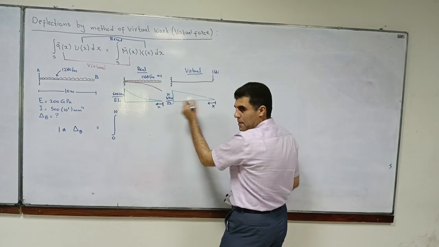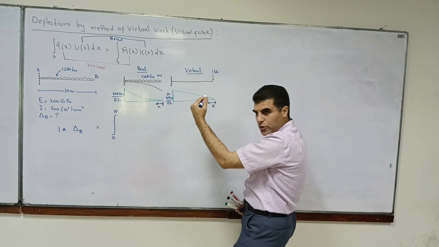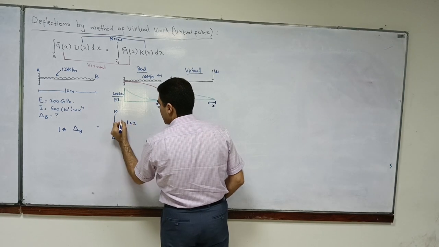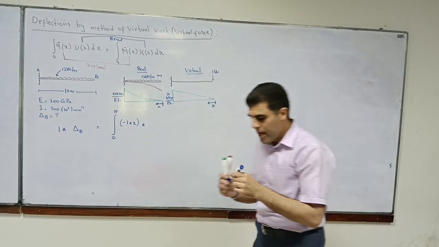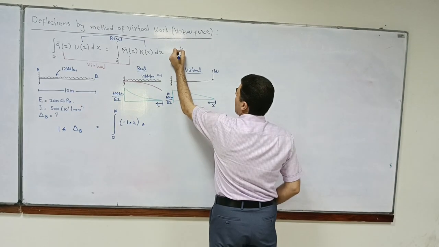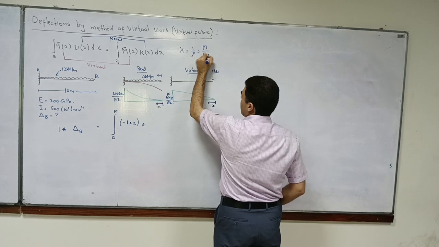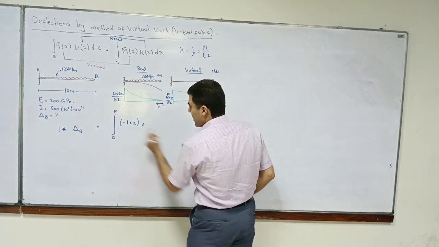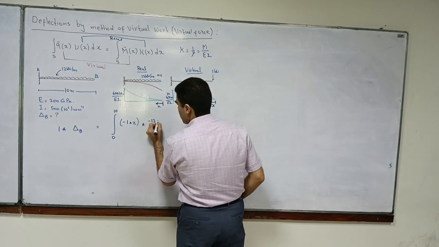For the virtual system, 1 times x, and it is above, so tension is on the top fiber, so we can call it negative. So minus 1 times x, that is our m bar. Agreed? Times, now what is curvature? What did we say the curvature was in the previous class? Curvature is equal to 1 by rho is equal to m over EI, isn't it? So that is the actual moment, so we have to multiply that with the actual moment. The actual moment is this one, so that will come out to be minus 12x